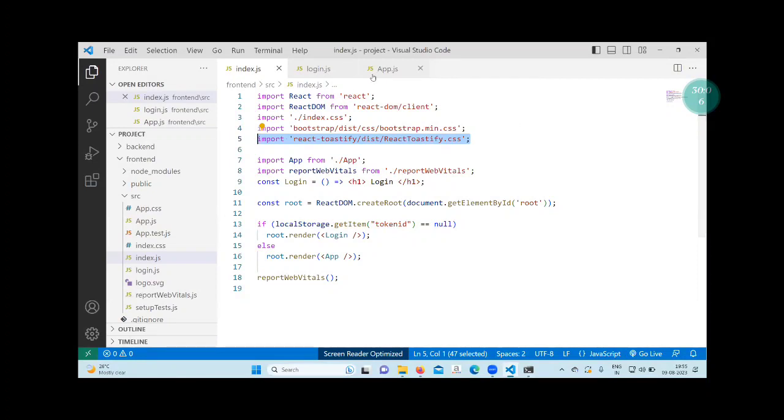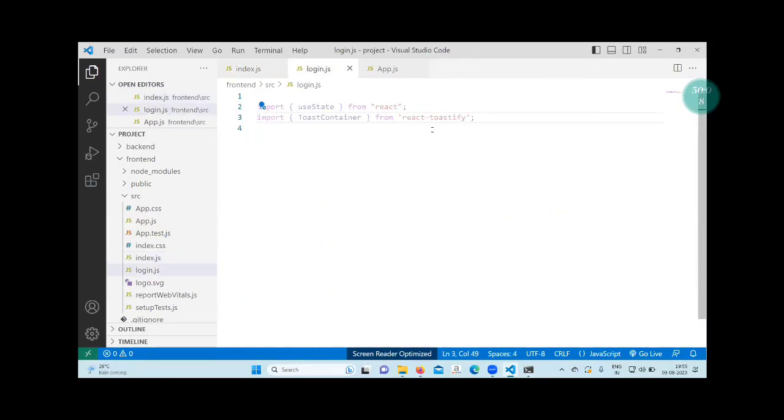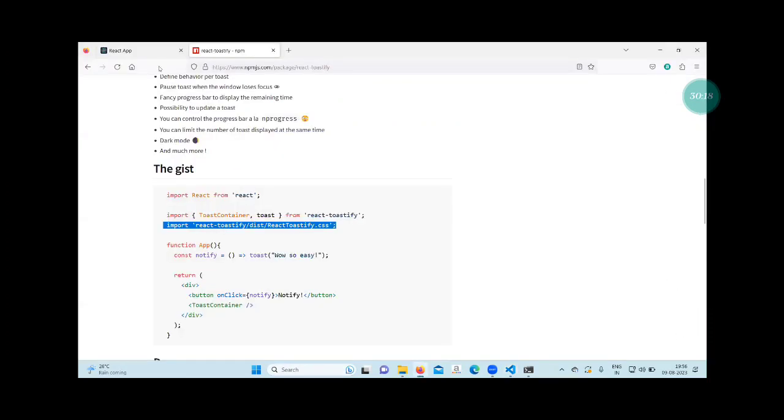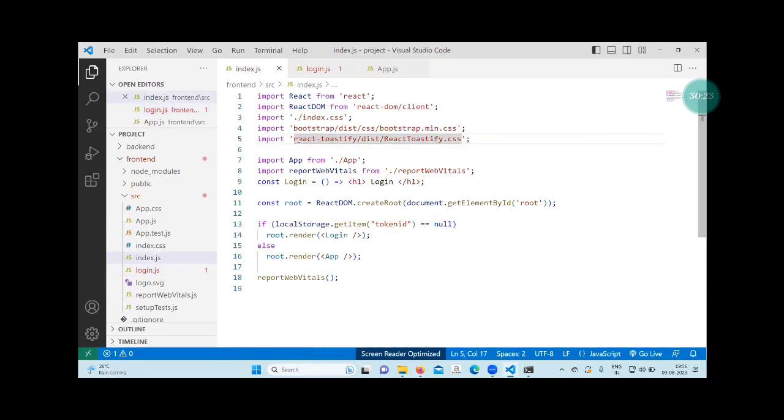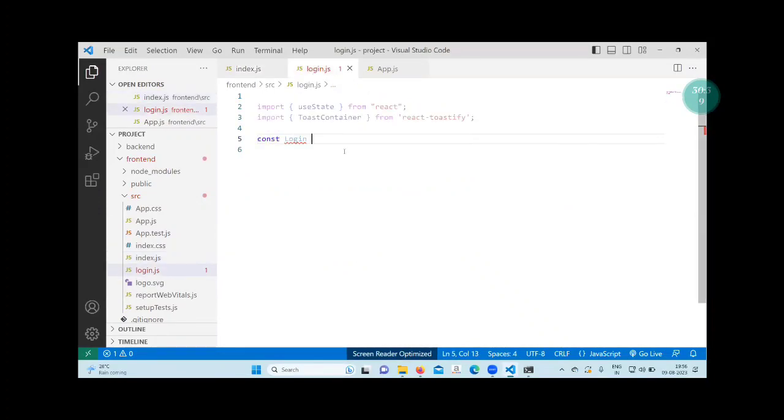Now we will work on the login page. In the login page, toast container is imported. You cannot find the module. Which module? The spelling must be wrong, check this: react-toastify. Write import, and a suggestion will come automatically. Fine. So in the login file,